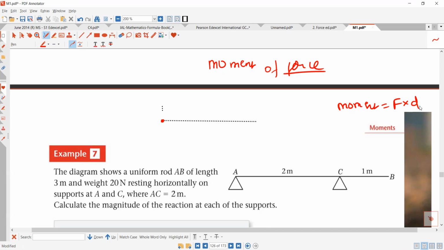So if you apply a force over here, F, this is the perpendicular distance. Can you see this is the perpendicular distance over here? Force into distance is the formula for moment of force. First thing you guys are supposed to know, if the body is in equilibrium,